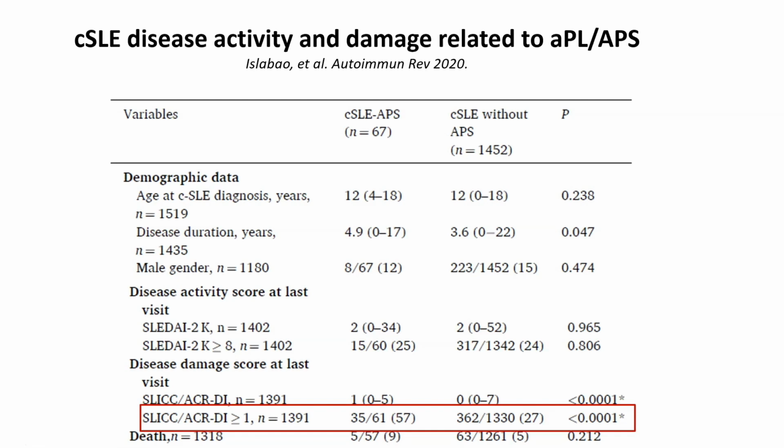But of interest, patients with APS had significantly higher damage. And this damage was mostly related to cerebrovascular involvement or neuropathy. So particularly stroke is one of the clinical manifestations that cause damage and needs to be looked upon in